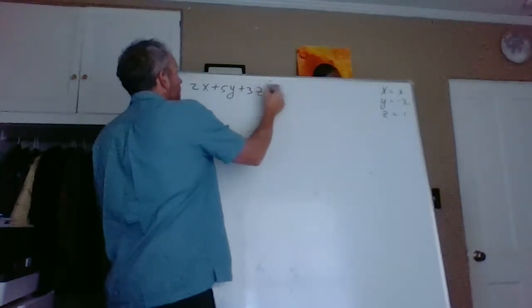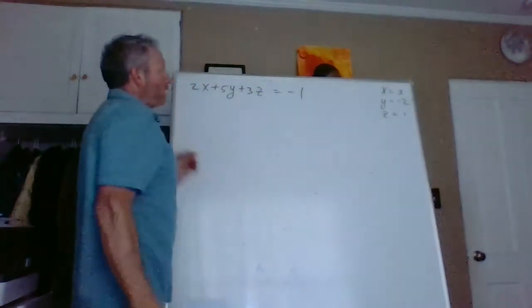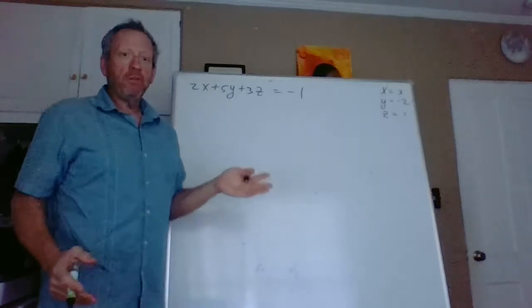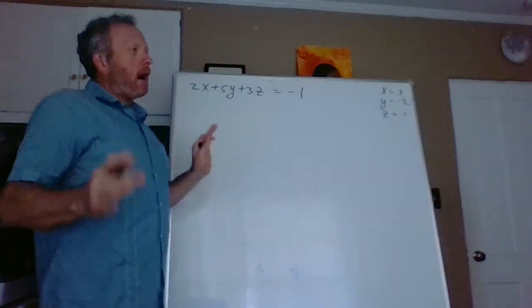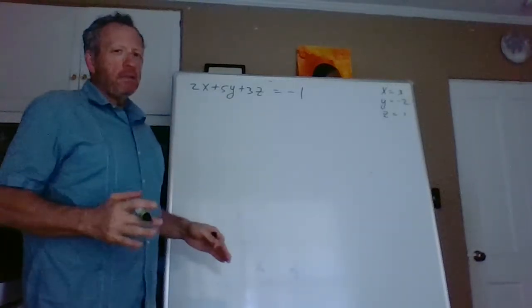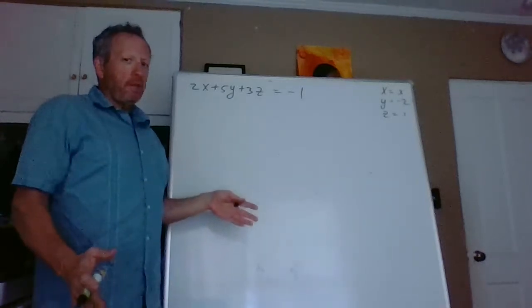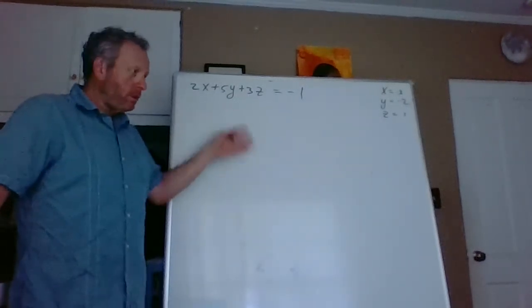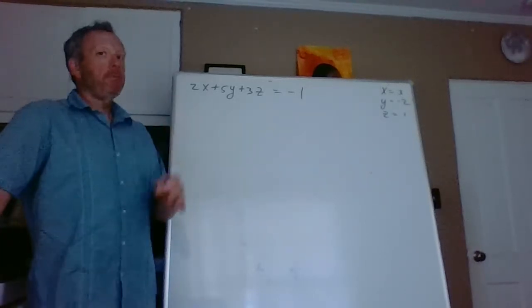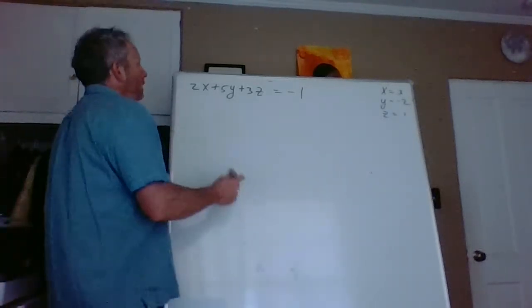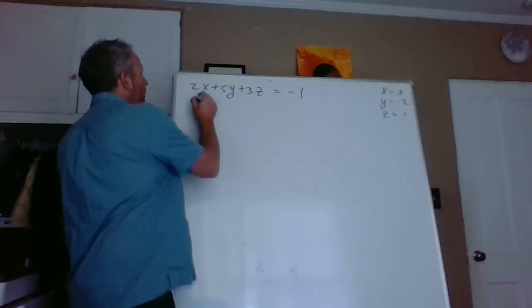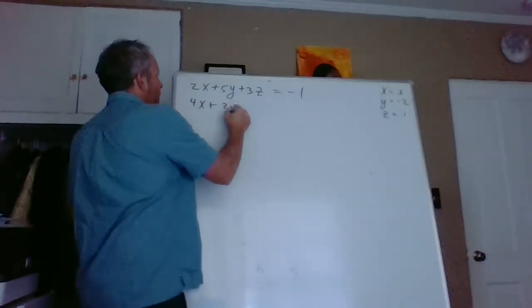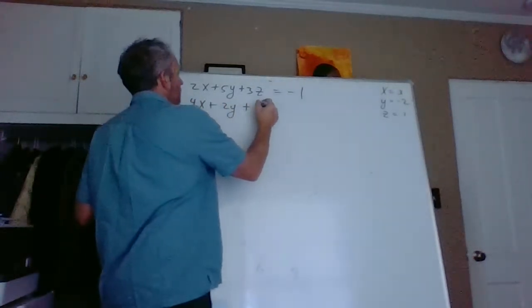There we go, 3. So this would be negative 1. There's nothing wrong with the other choices. It'd be fine. But I want to make a problem which is easy, but also completely general. In other words, I want to have an example so that what I do on this problem will apply to any problem you encounter. Okay, let's say we had 4x plus 2y plus,